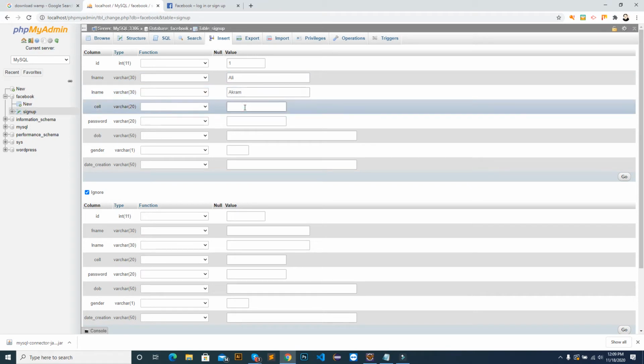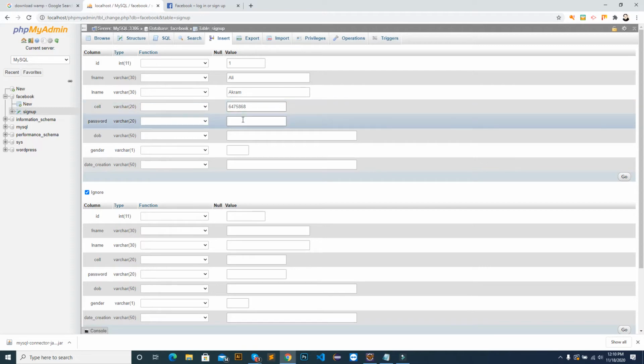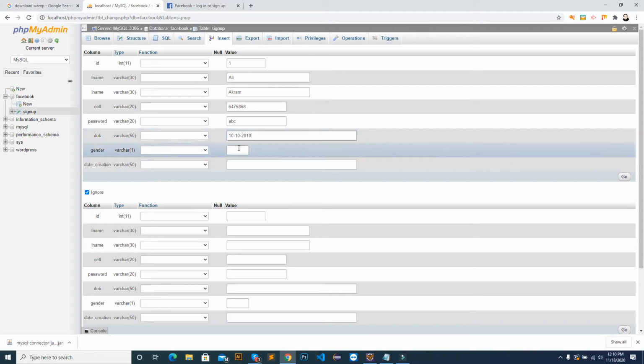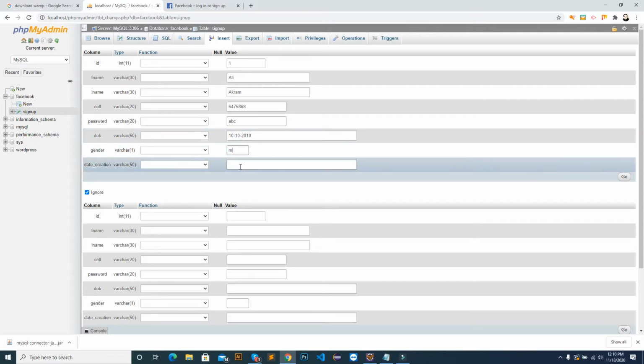And cell number is, for example, this cell number, and we will have password ABC, and we will have date of birth 10/10/2010, right? And gender is M or F, so this is male, and date of creation is 2/2010.